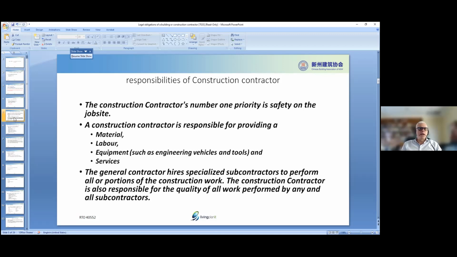In actual fact, when we enter into a contract, the client gives us his site. We have responsibility for the site. The client cannot come and go as he pleases without our permission, okay? So the site becomes yours as a builder. Too often I hear builders complain to me that the client keeps coming to the site every day, every second day. Well, that is not allowed. If you look at the contracts, the contract will say that the client can only come a reasonable number of times with the builder's permission, okay?